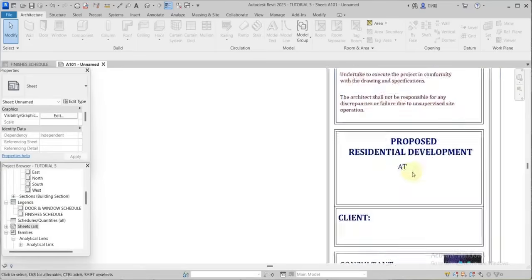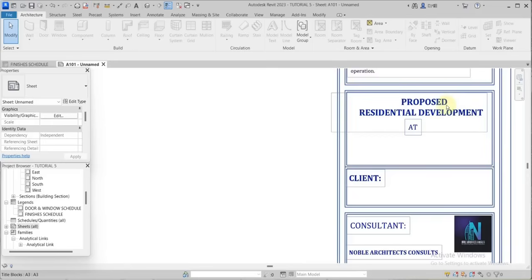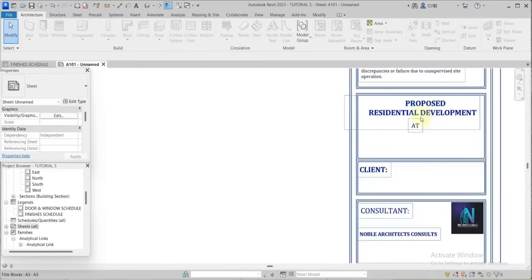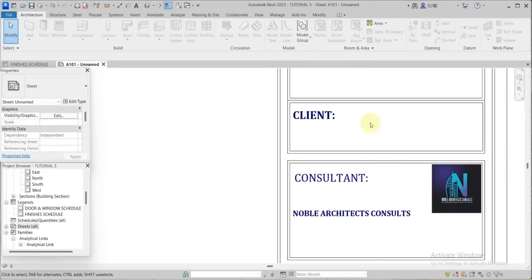Edit the title block. This is the project title. This is proposed residential development. If it's a school, you indicate here. If it's a commercial space or a hotel, any of it, this is where you write it. Here, write the name of the client,